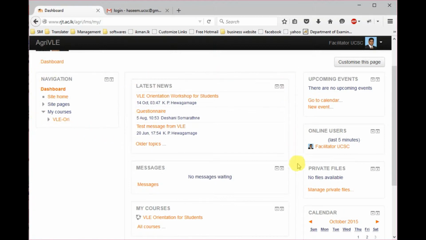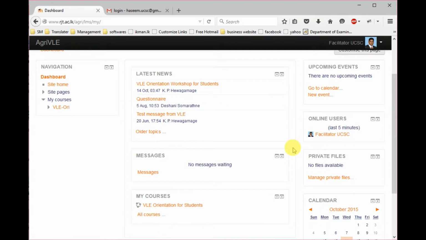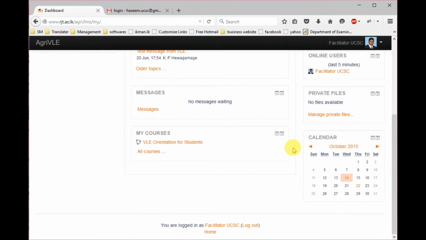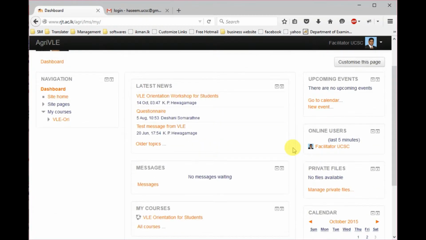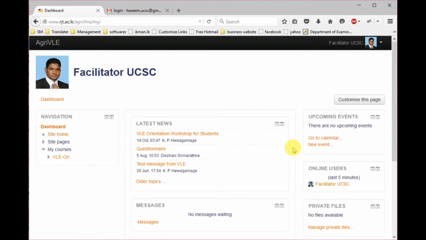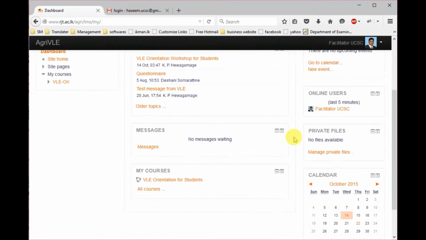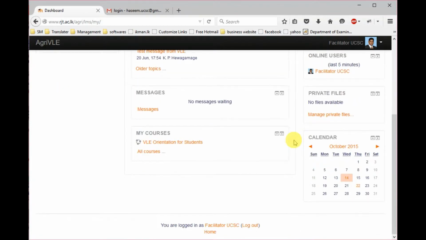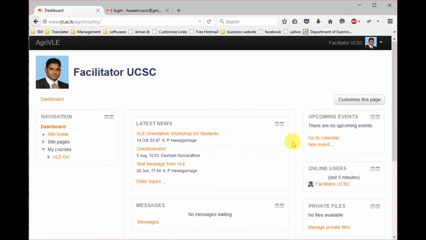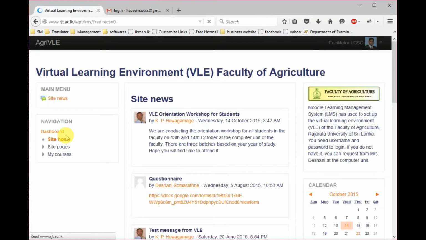The middle column contains the latest information, a kind of messages posted at the faculty level, will be listed here. Now this is your personal page, but if you really want to access the real site home, if you click this one, you will be taken to the page which you observe